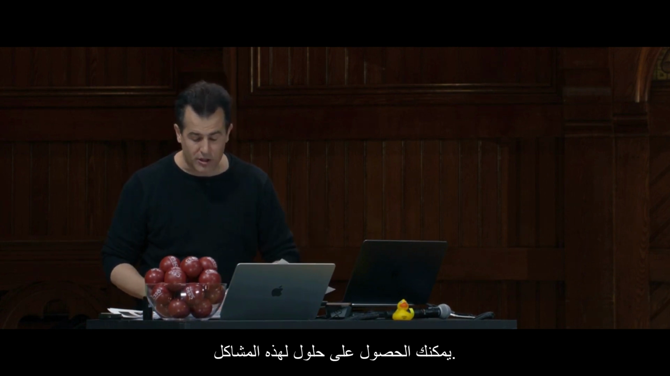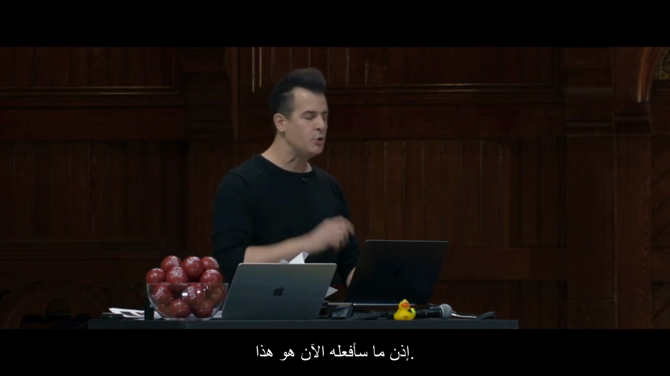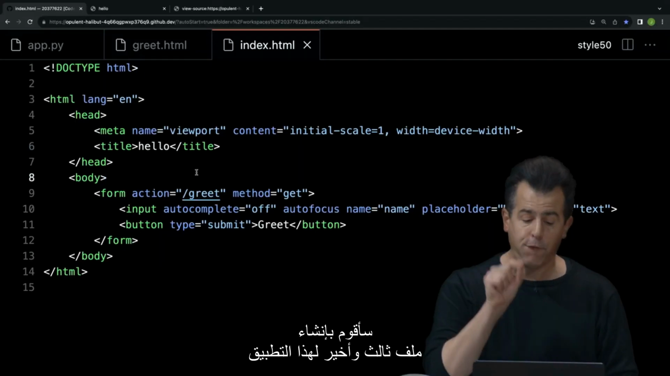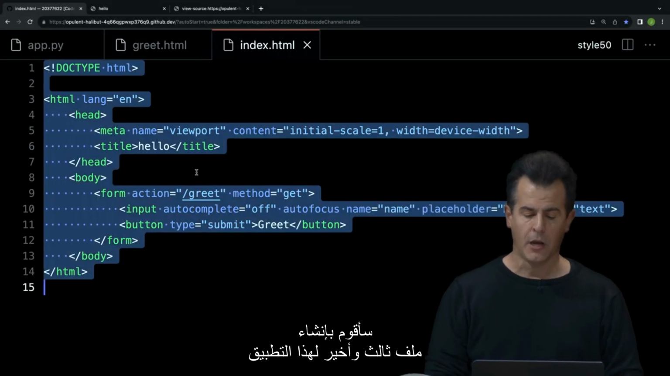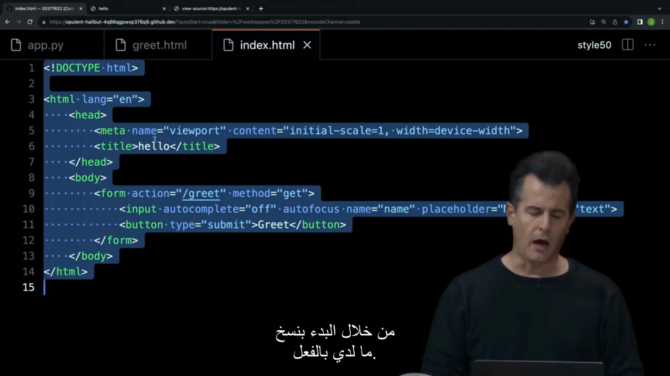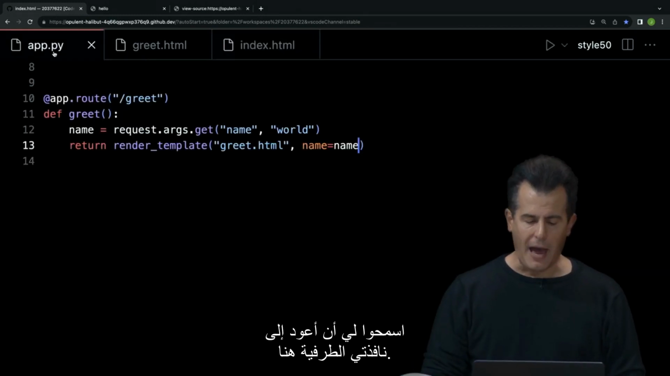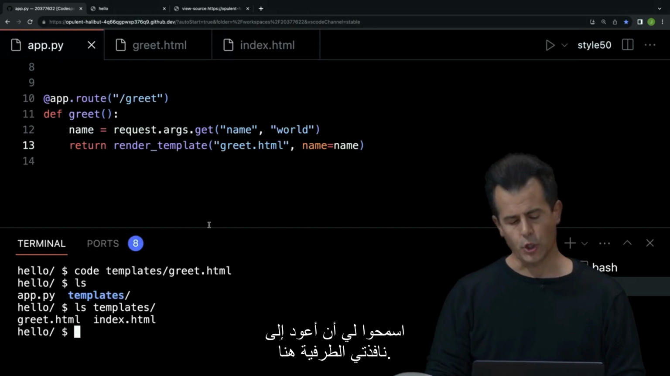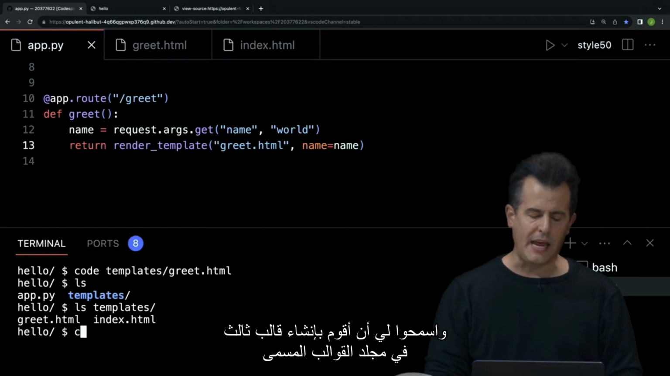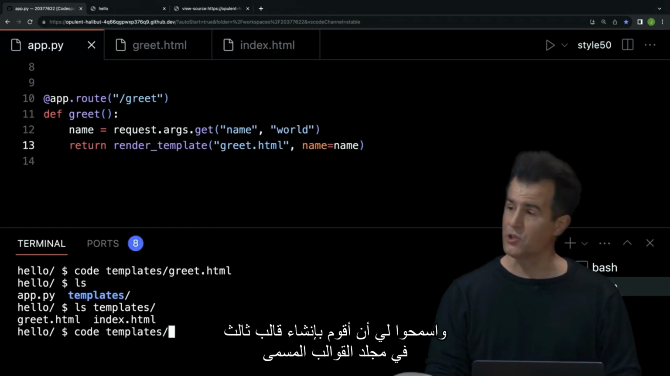You get solutions to these problems. So what I'm going to do now is this. I'm going to create a third and final file for this application by starting by copying what I have already. Let me go back to my terminal window here, and let me create a third template in the templates folder